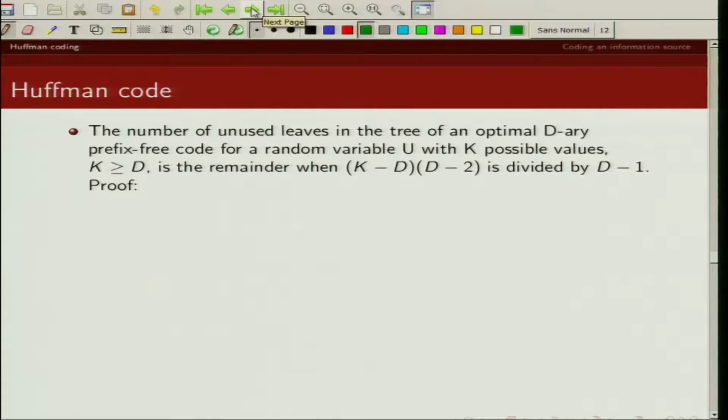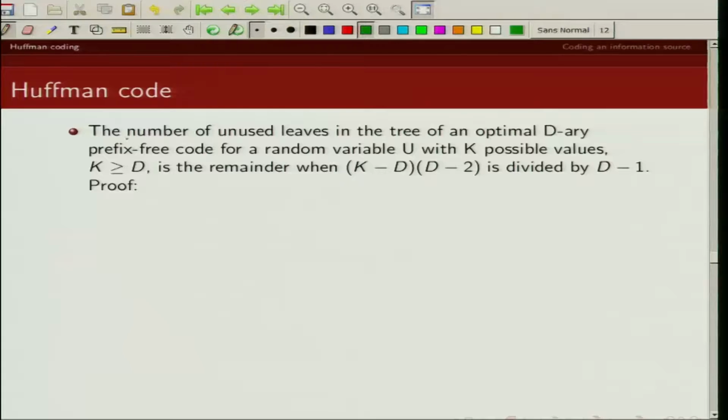Now, in the previous result, we have shown that at most there can be D minus 2 unused leaves, and those unused leaves have to be at the maximum depth. In this result, we are going to calculate how many unused leaves there are in an optimal D-ary prefix free code.